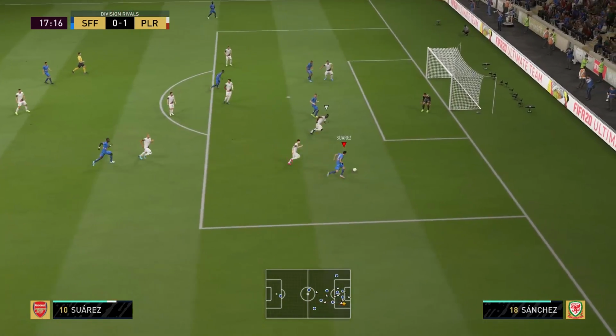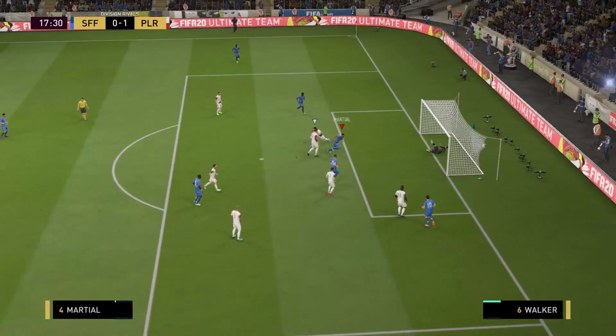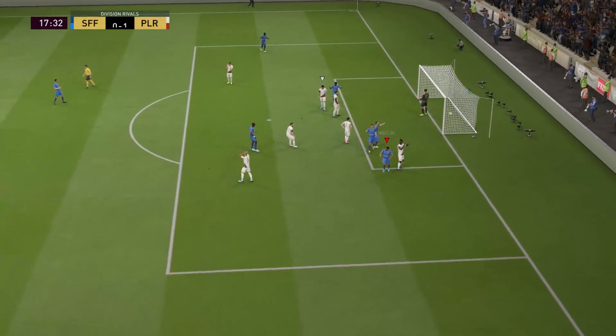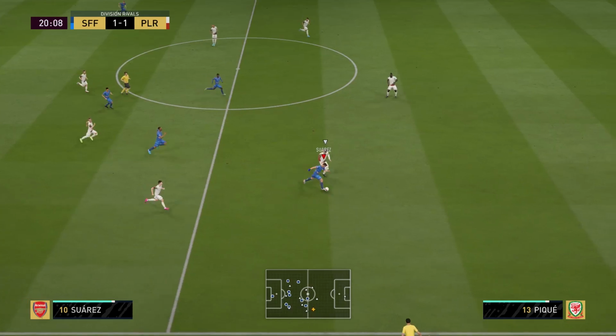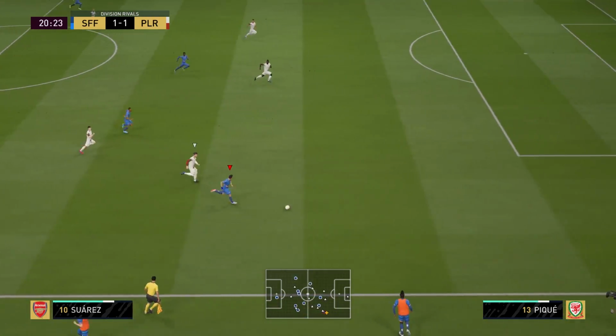Suarez gets around his man. Pings the ball inside. Chance. Martial scores. Nice assist for the Uruguayan. No chance. Obviously Suarez doesn't have breakaway pace, so we're going to have to be a bit careful here because